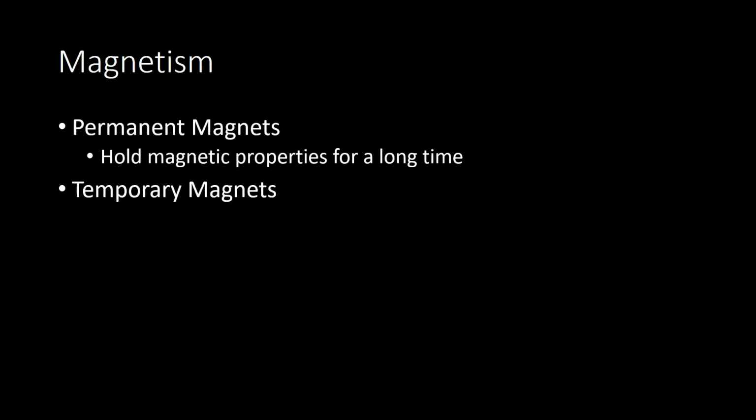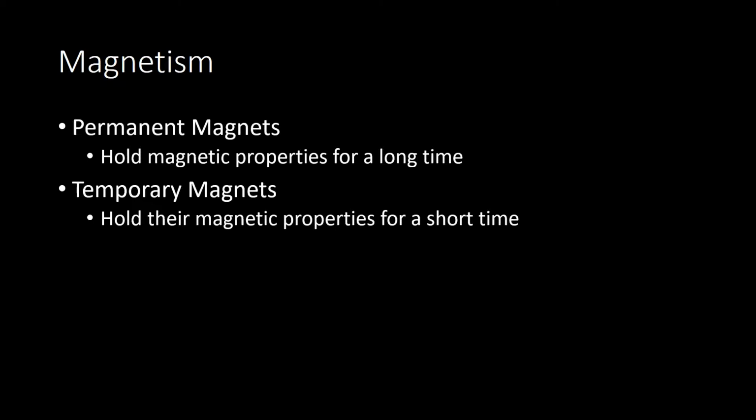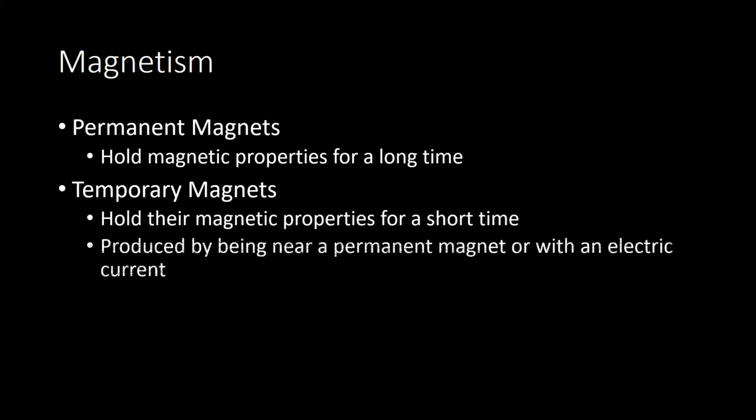So magnets come in one of two types, permanent or temporary. Permanent magnets hold their magnetic properties for a long time. We're talking about years, decades, centuries, millennia. Temporary magnets hold their magnetic properties for a very short period of time. We're talking about as short as seconds or as long as a few years, maybe a couple of decades, but not longer than that. They are typically produced by being brought near a permanent magnet or are induced with an